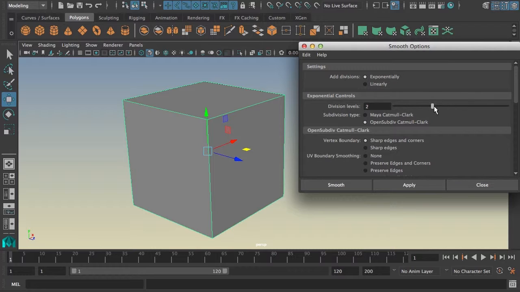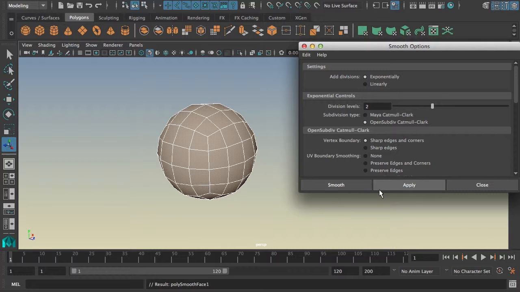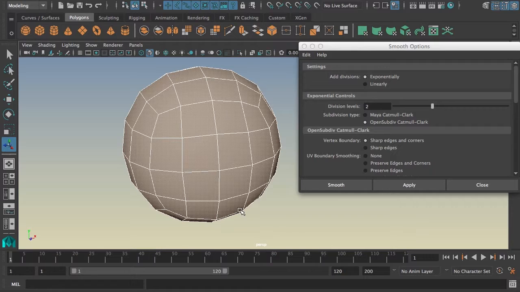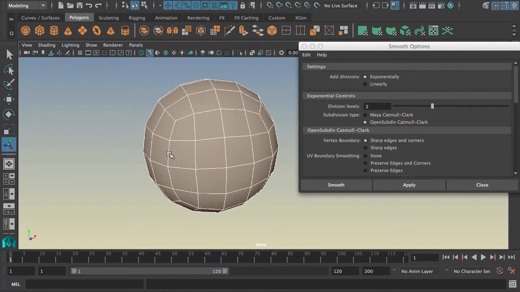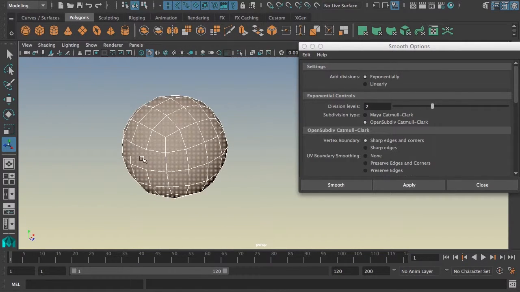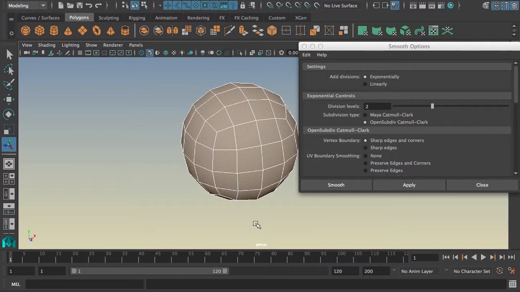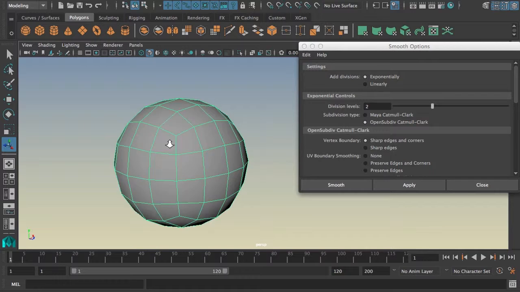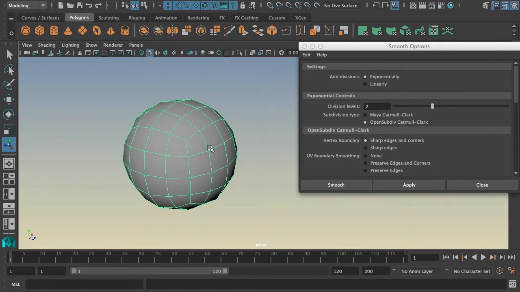And so I don't mean that adding a division level of 2 will create twice the polygons, but instead, well, there's 16 polygons for every single polygon we had before, so you can kind of do the math on that. So you'll notice what's happened here is not only has it added more faces to the object, but it's smoothed it out so that we've changed from a cube to more of a spherical